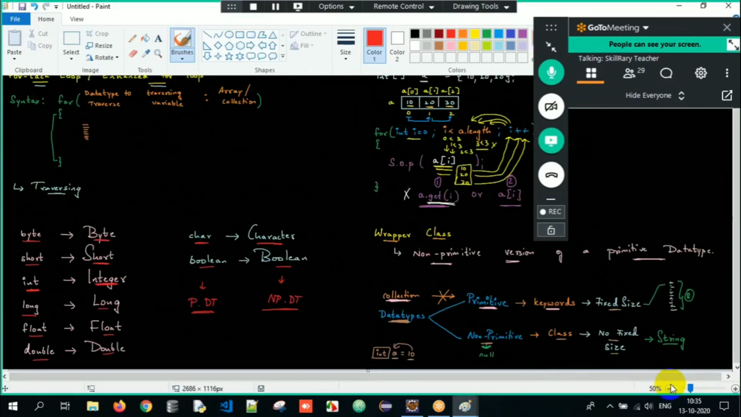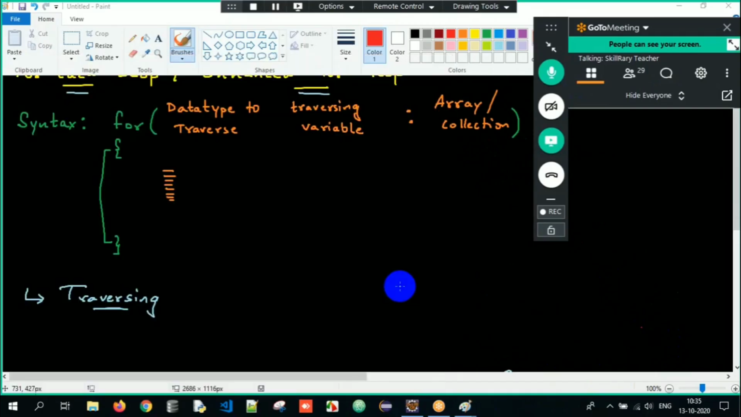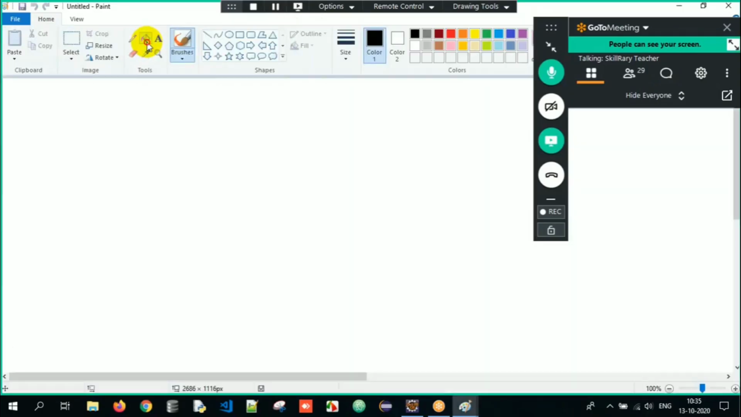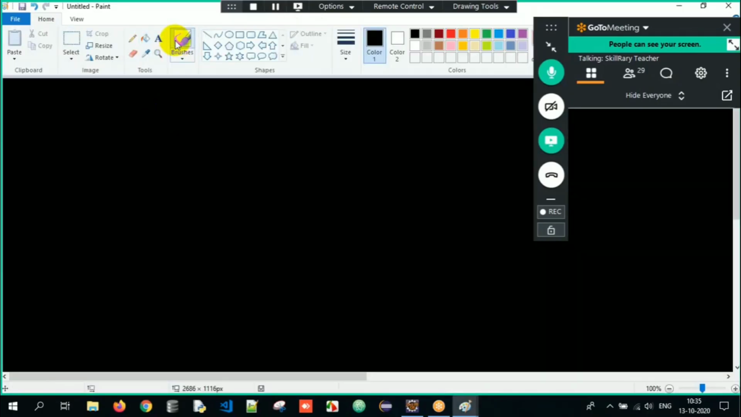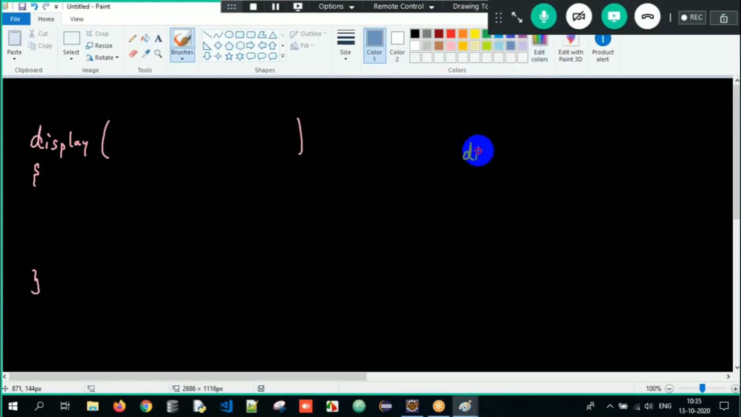Do we have space? No. We'll try to create a new sheet here. Okay, see here. Imagine these are all classes. We have a display method. Now to the display method, I have to pass display of new Car object, display of